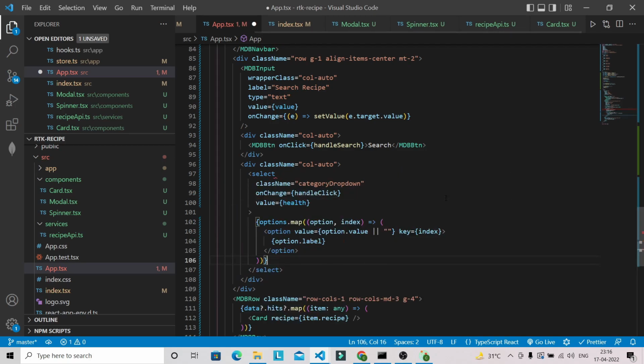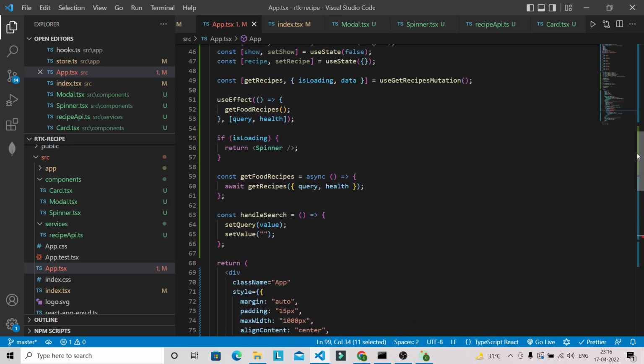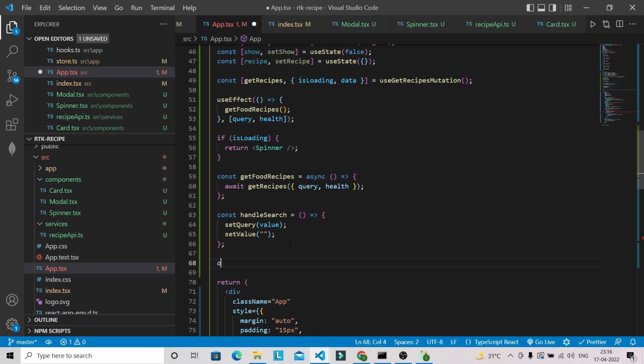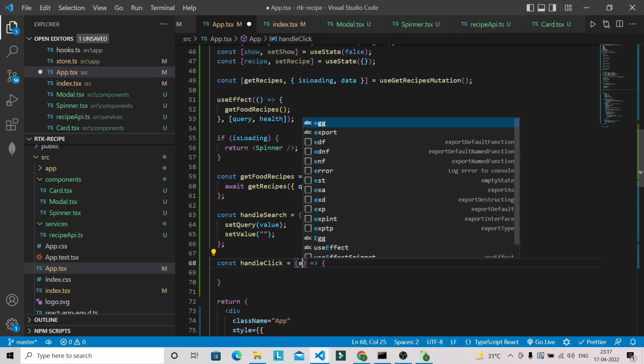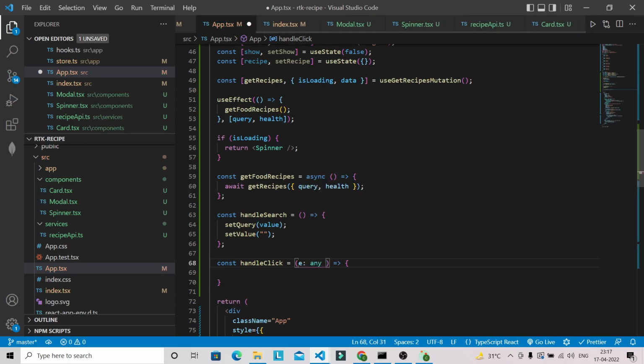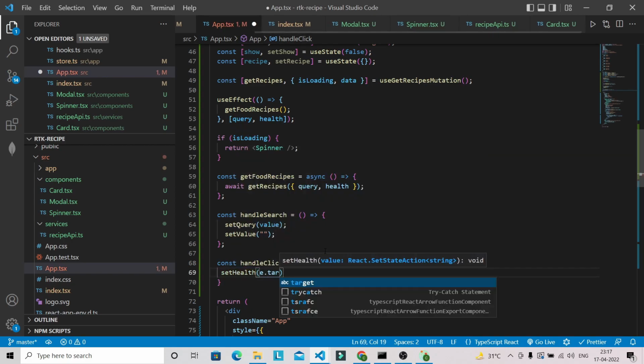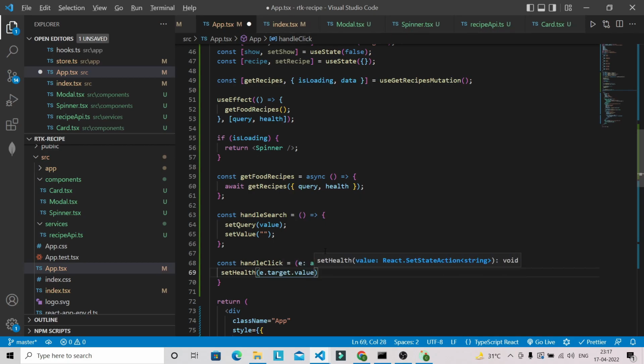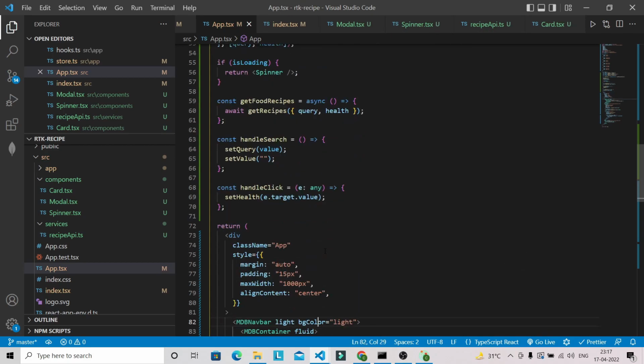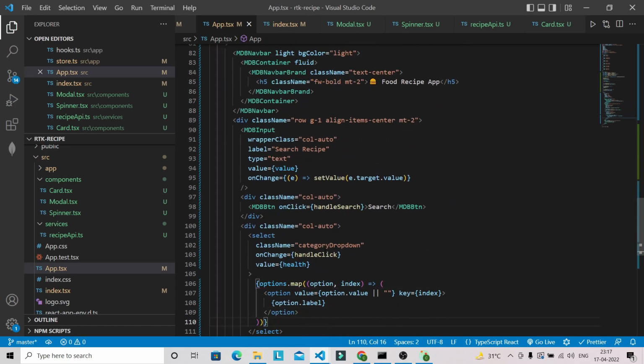Let's save this one, and let's define handleClick outside this return. const handleClick, and this will receive an event, and we can set health like e.target.value. Okay, after that